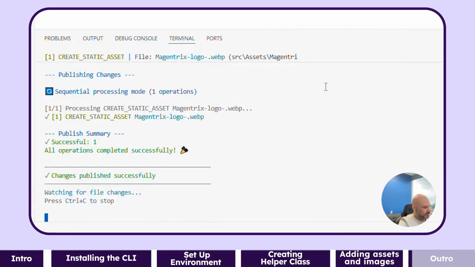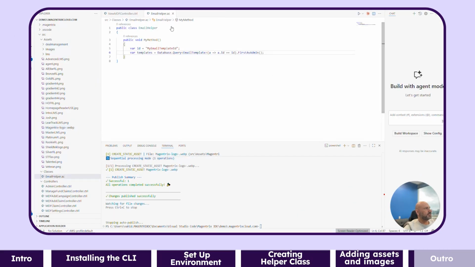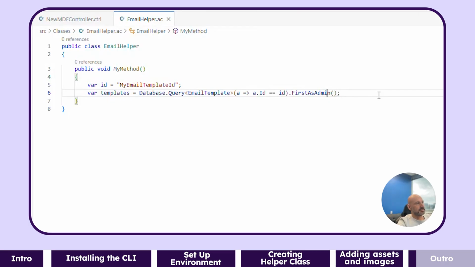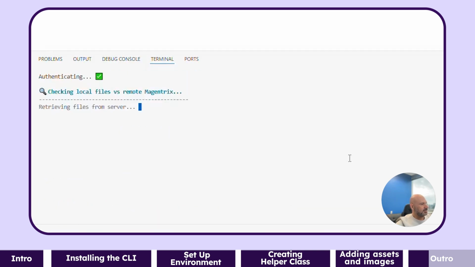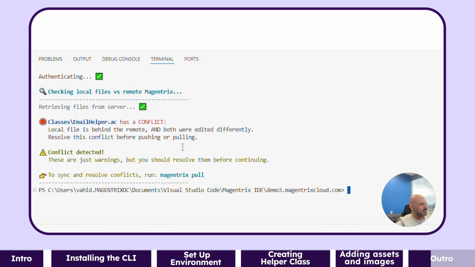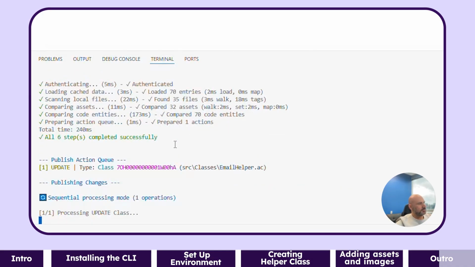Okay, now I'm going to stop the auto publish. I'm going to make some changes here. Let's say I just want to move this to the next line and save. Because I stopped auto publish, my changes are now saved only locally. For me to see what the status is, I can do Magentrix status, and it should come back saying that for this file there is a conflict, that it is out of sync. I'm just going to go ahead and push it to the Magentrix portal,